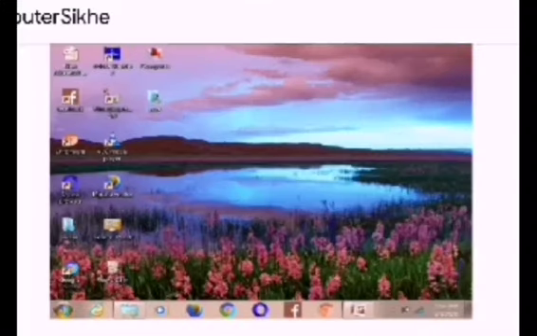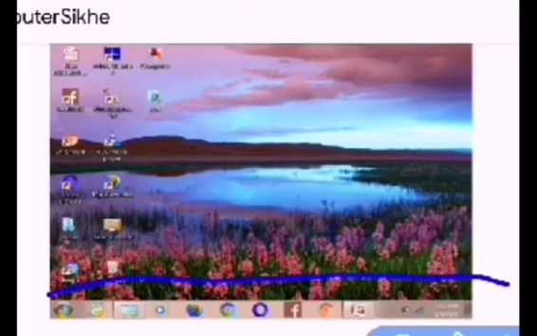Taskbar, the line or bar located at the bottom of your desktop screen, is known as taskbar. You can control many programs at one time by using taskbar. You can minimize any program in the taskbar. Now, Start button.